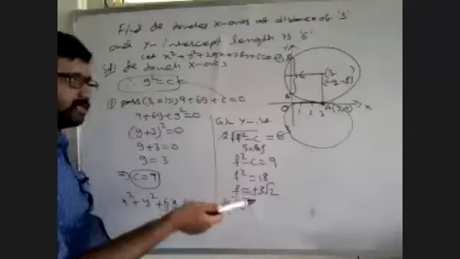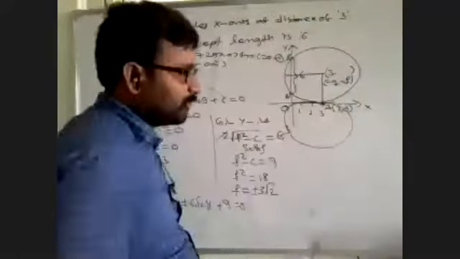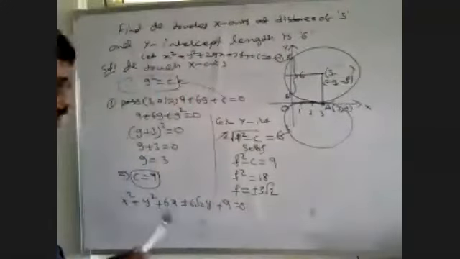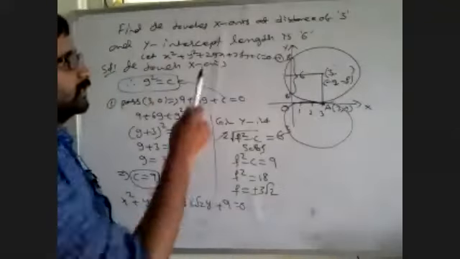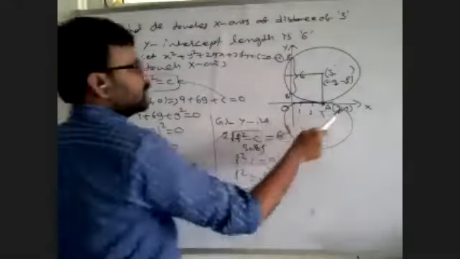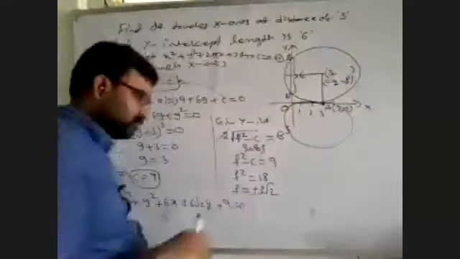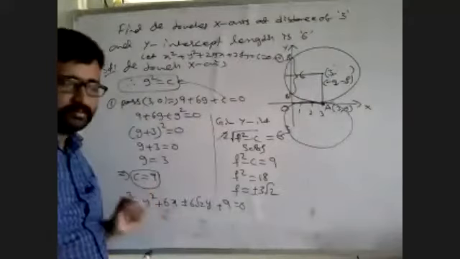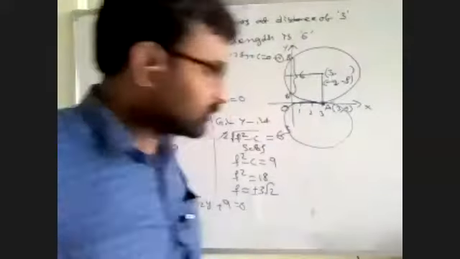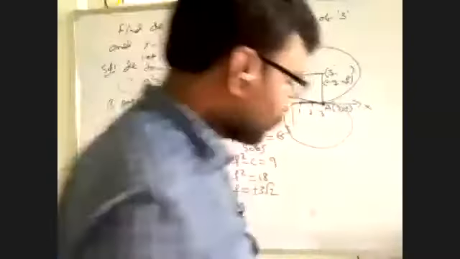G minus 3. G, correct? Yeah. The x coordinate is 3, minus G is 3. G is minus 3, but no use. You can do minus 3 whole square as well, that is 9. Yes, sir. So this is the question example for the touching and intercept form.